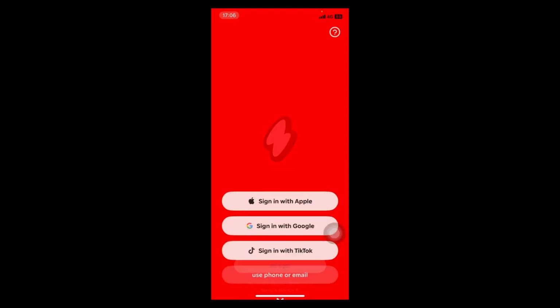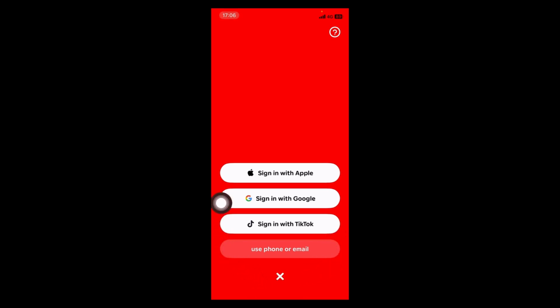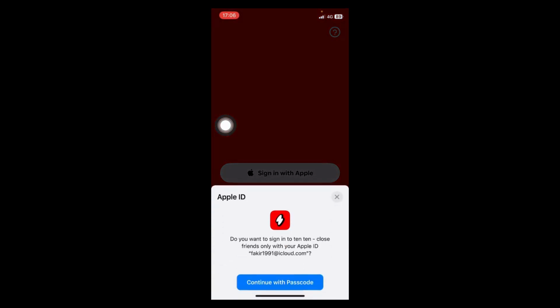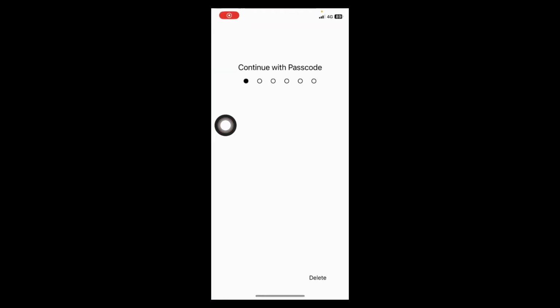Let's go. Here you can choose the way you want to sign in to the app after downloading it. So the first option is with the Apple ID, the iCloud, or you can sign in with a Google account or with your TikTok account or just with email or a phone number. So in this option I choose for the first, like sign in with my Apple ID, continue with the passcode,